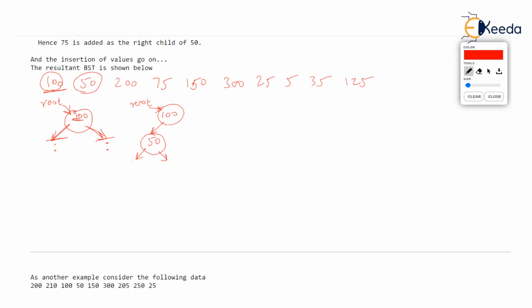But the left and right pointers of 50 will be null right now because 50 does not have any followers. Maybe later on, if any value less than 50, like 25, comes into the picture, then it will go to the left of 50. And then that null pointer will no more be null, but it will point to node 25. Okay, what do you have to the right of 100 from the earlier diagram? Null. That means there is not yet any value added which is greater than 100.